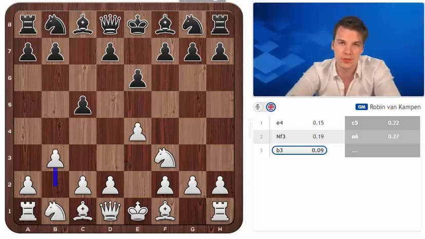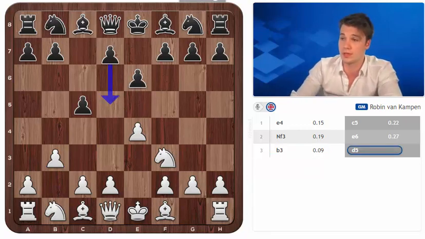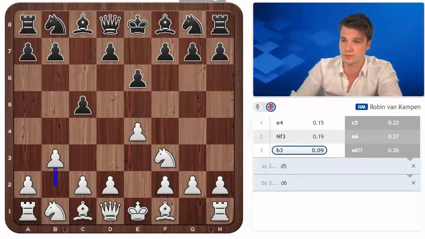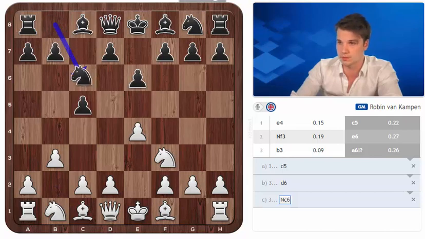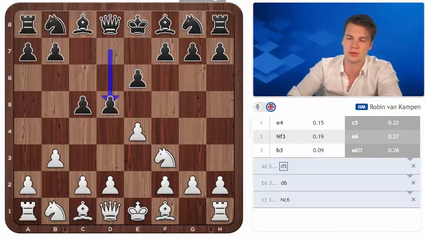Hi everybody, in this video we're going to be covering the other moves that Black can play after e6 b3. Black has several moves at his disposal and we'll be looking briefly at d5, a6, d6 and of course knight to c6. Now I would like to start off briefly with d5, which is not very popular,